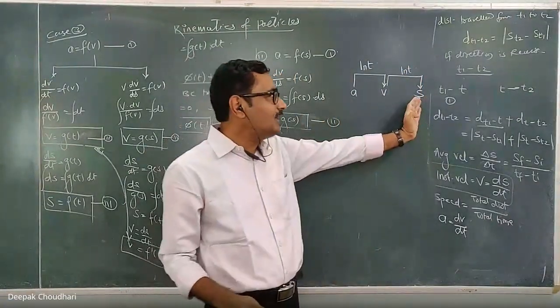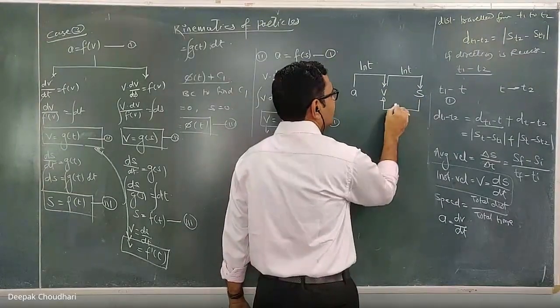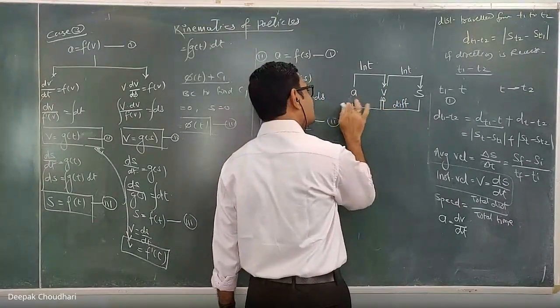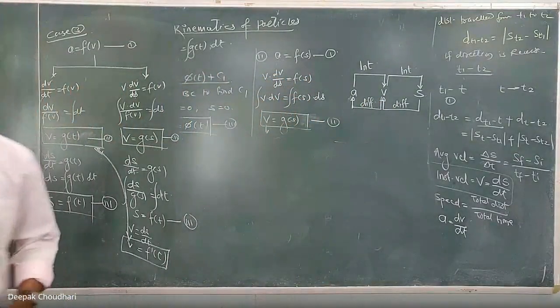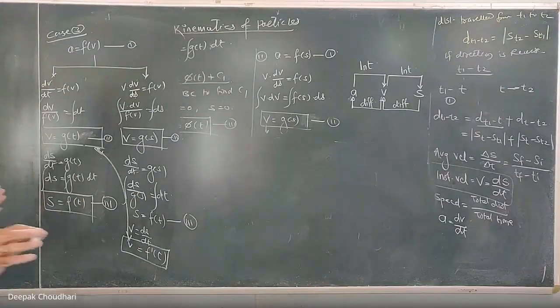On the other hand, if you know the equation of displacement, and from it you want to get the equation of velocity, then you have to differentiate. And from the equation of velocity, to get the equation of acceleration, you have to differentiate again. You have to remember this, but while integrating, don't integrate the equation directly. Instead, replace a by dv by dt or v into dv by ds. Similarly, replace the velocity in terms of ds by dt, then separate the variables and solve the sum. The same procedure you have to follow.